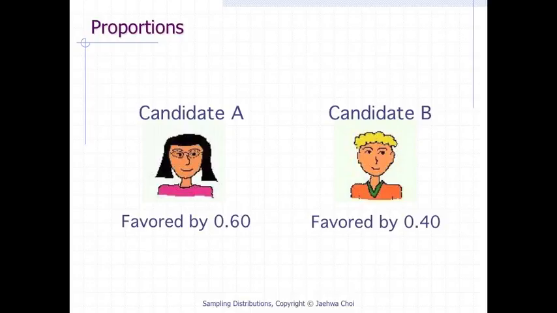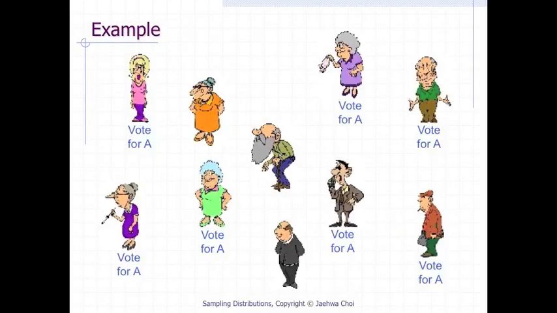Assume that in an election race between candidate A and candidate B, 0.6 of the voters prefer candidate A. If a random sample of 10 voters were polled, it is unlikely that exactly 60% of them, or 6 out of 10, would prefer candidate A. By chance, the proportion in the sample preferring candidate A could easily be a little lower or a little higher